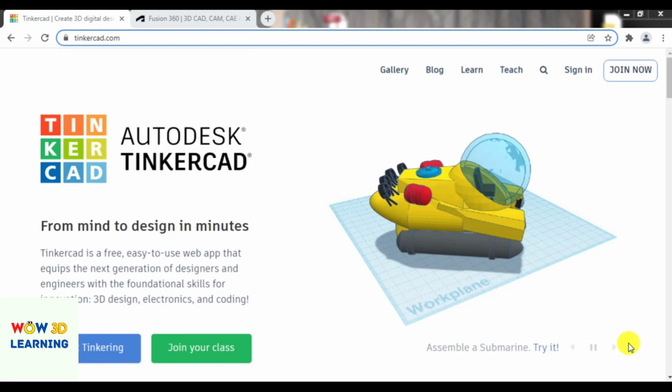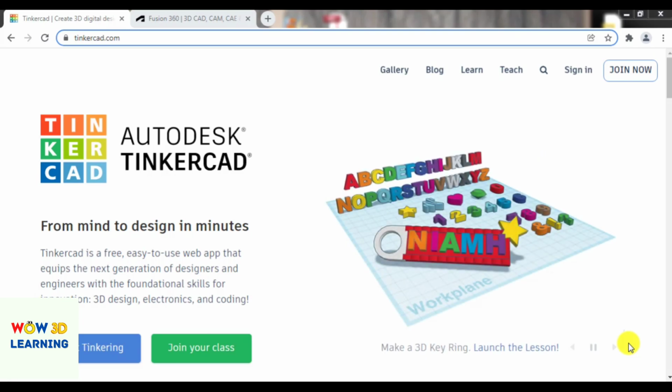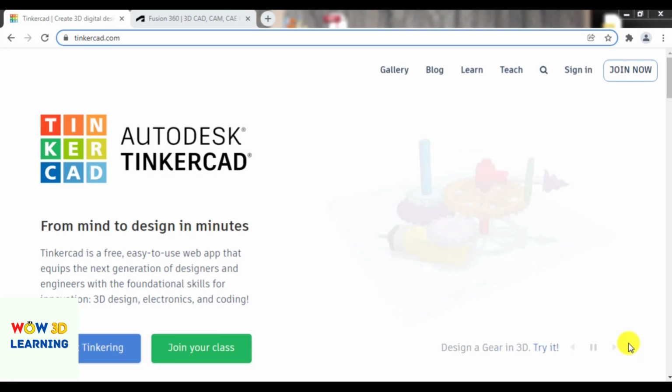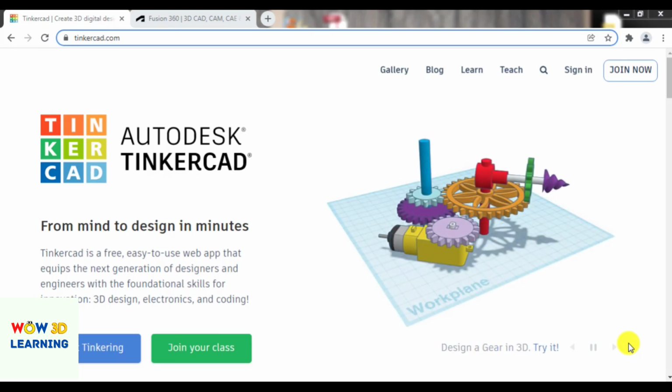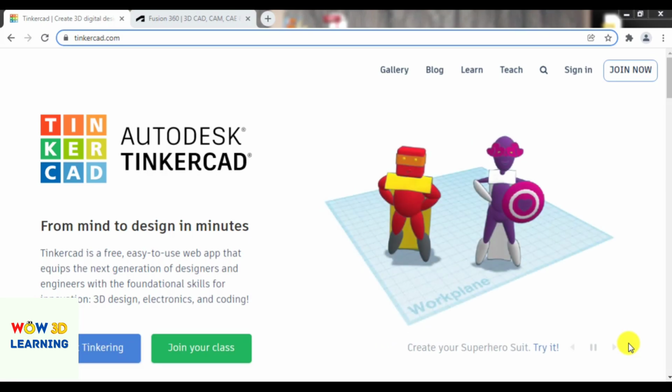A few days back I just went across my memories and the designs which I made back then, and I was curious to see the new features of Tinkercad in 2021. Lately I was shocked to see that there are not many good tutorials available in the market which explain all the ins and outs of tinkering with Tinkercad. So this is my way of giving back by making this tutorial on Tinkercad.